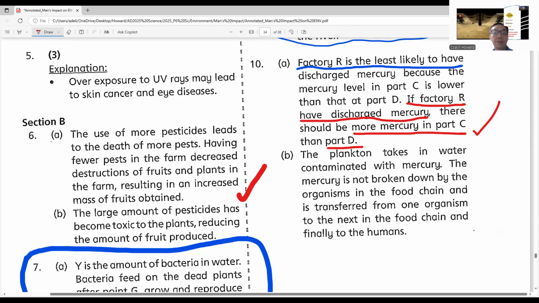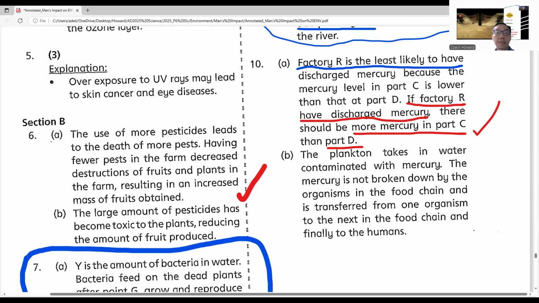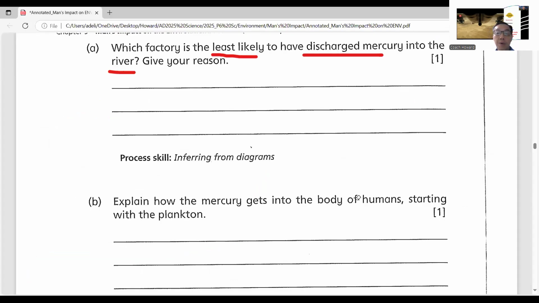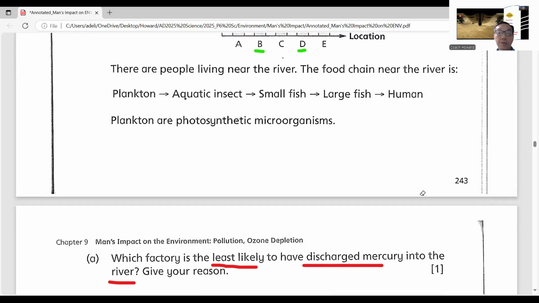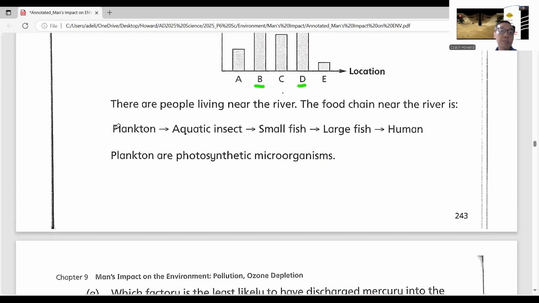Okay, next question. Last one. Explain how mercury gets into the body of humans, starting with the plankton. So you see this food chain here, right? Okay. The question is here. Explain how mercury gets into the body of humans, starting with the plankton. So this is a food chain. Plankton are the very small organism,